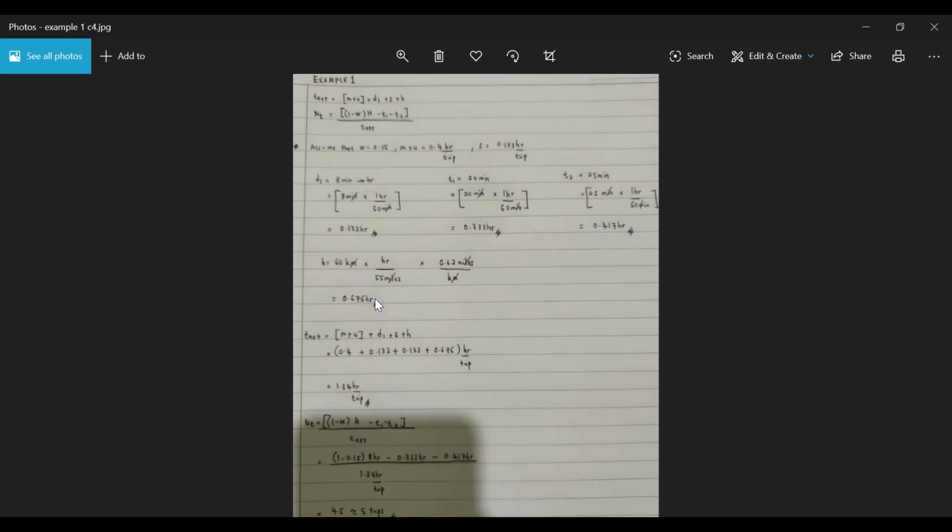And then we apply our first formula, T net, to find the trip time. So T net is M plus U plus D1 plus S plus H. So M plus U, which is 0.4 here. And then D1, 0.133 hours, and S, 0.1